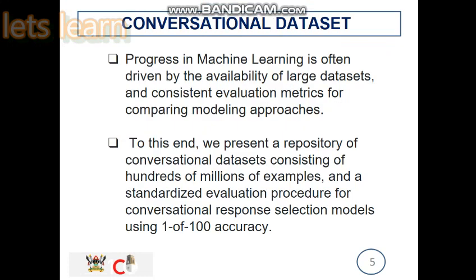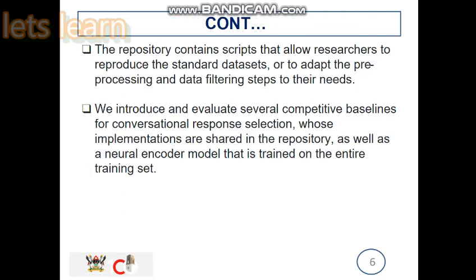So, conversation dataset. With the dataset of this project, to explain, progress in machine learning is often driven by the availability of large datasets and consistent evaluation metrics for comparing modeling approaches. To this end, we present a repository of conversation datasets consisting of hundreds of millions of examples, and an evaluation procedure for conversation response selection models using 1 to 100 degrees of accuracy, you can say.